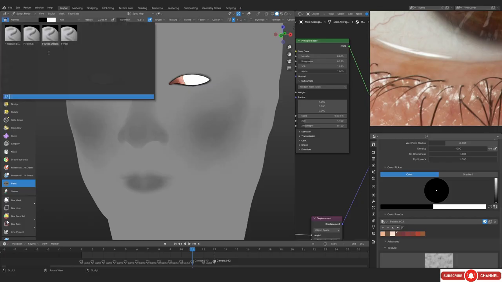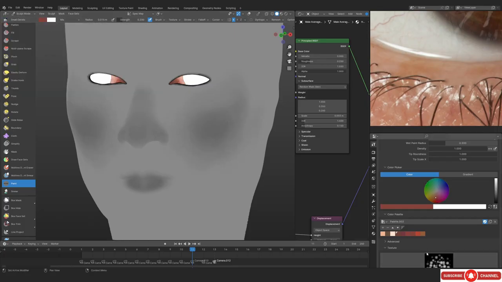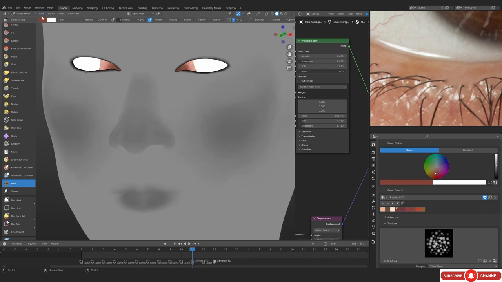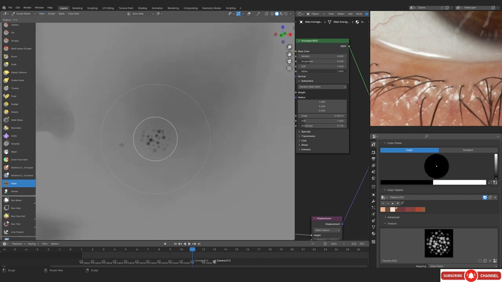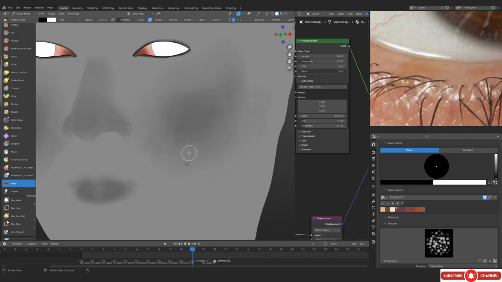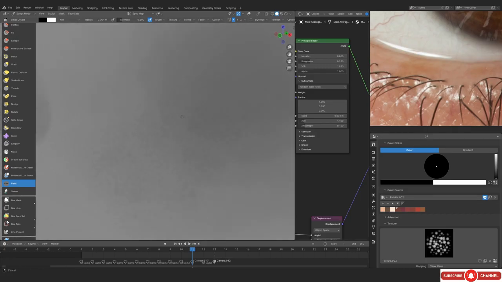So remember those alpha that we've used, these small little dots one? Well, we are actually gonna be using these now. So if I were to just put this at black, and if I were to start doing something like this, you're gonna get these. So each of these dots, they are gonna be a little bit more shinier. So you're gonna get something really, really cool out of them actually.